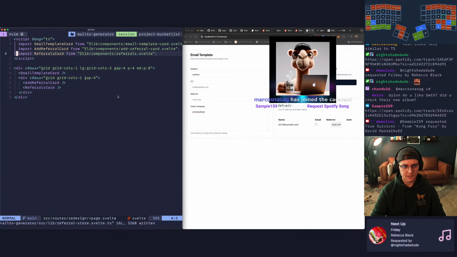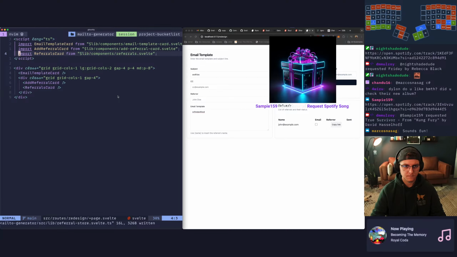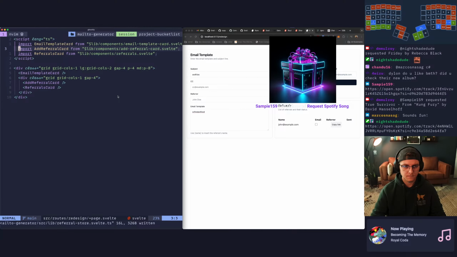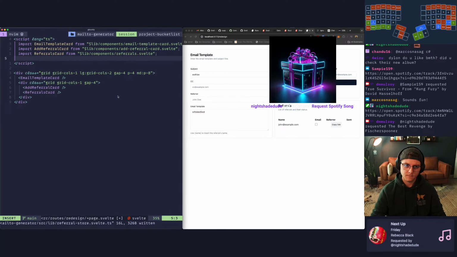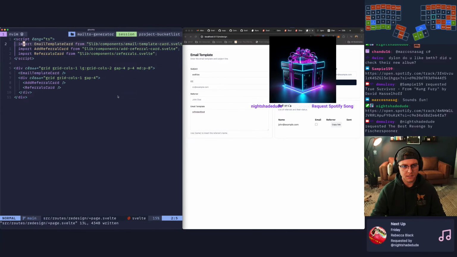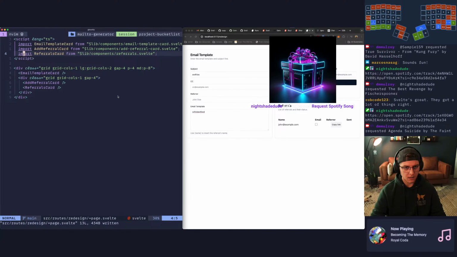So in here we want to instantiate a store. Does Svelte have the idea of... hold on.